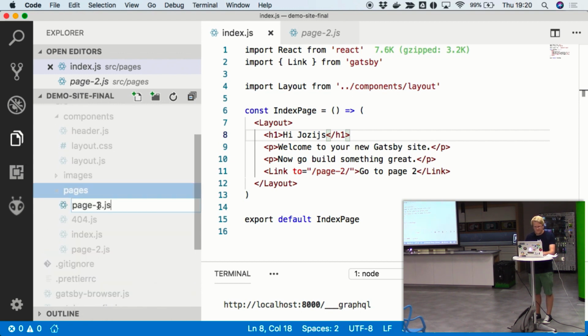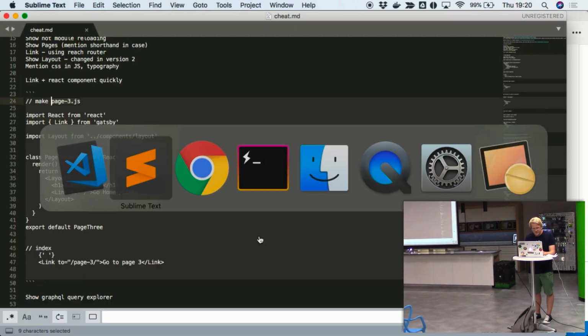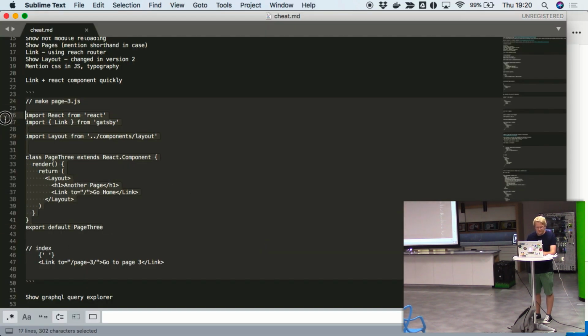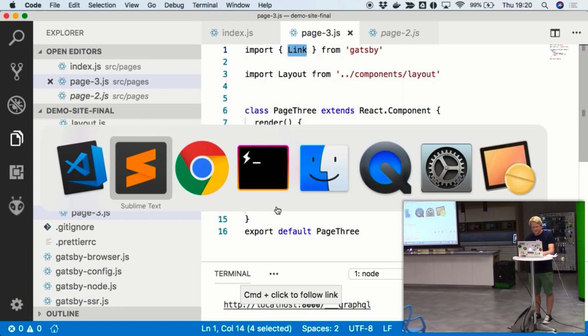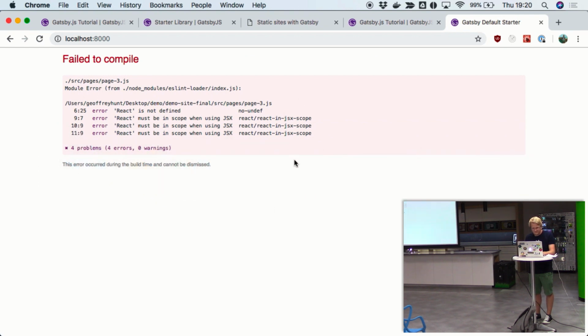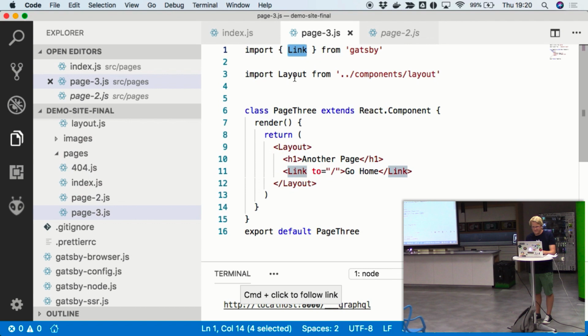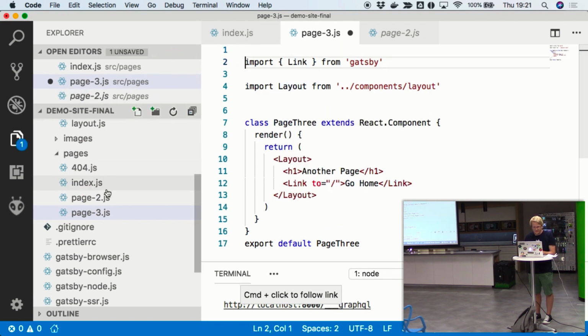So page 3. I'm just going to paste in the code so I don't screw it up. So here's another page. Gatsby has this Link component, and that helps you do prefetching and go through the pages very easily. It uses Reach Router under the hood, if that means anything to someone. So if I save this, we should get a new page. Oops. Import React.